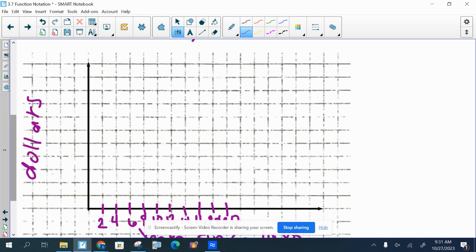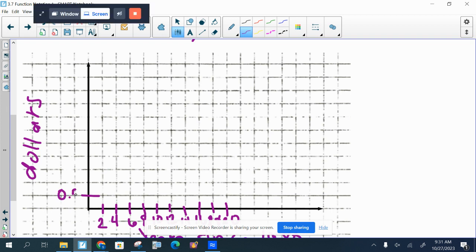So every tick mark is going to be 50 cents. That would mean I would need 10 tick marks total on the y-axis. So 0.5, 1, 1.5, 2, 2.5, 3,